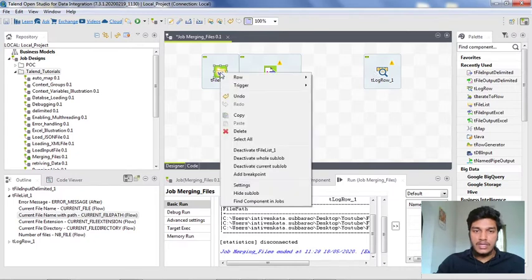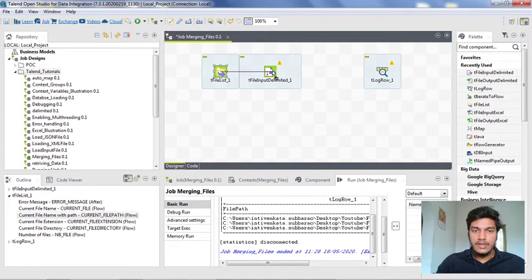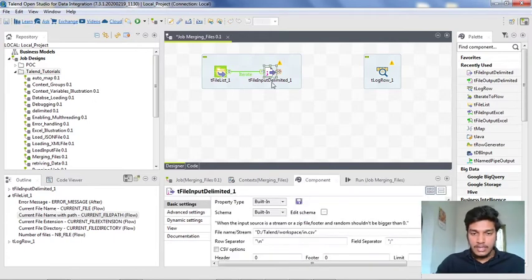Now let us see what the output is. I am connecting the first tFileList and tFileInputDelimited with the iterate connector.